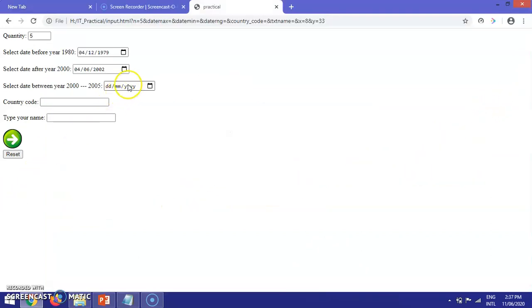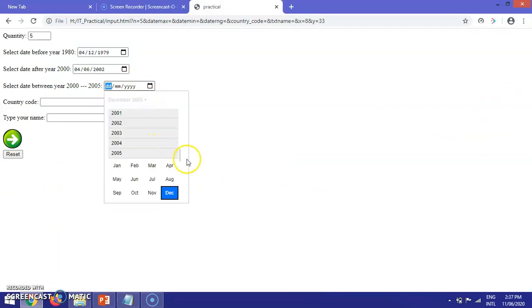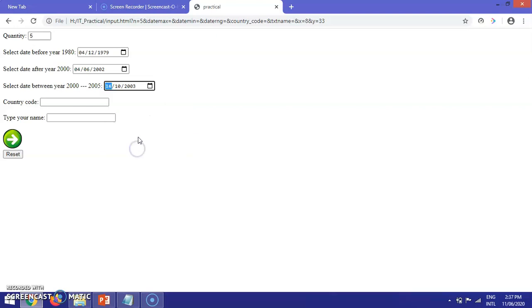Let's see the years. It's starting from 2000 and ending at 2005. You can select any year, any month and choose any date.